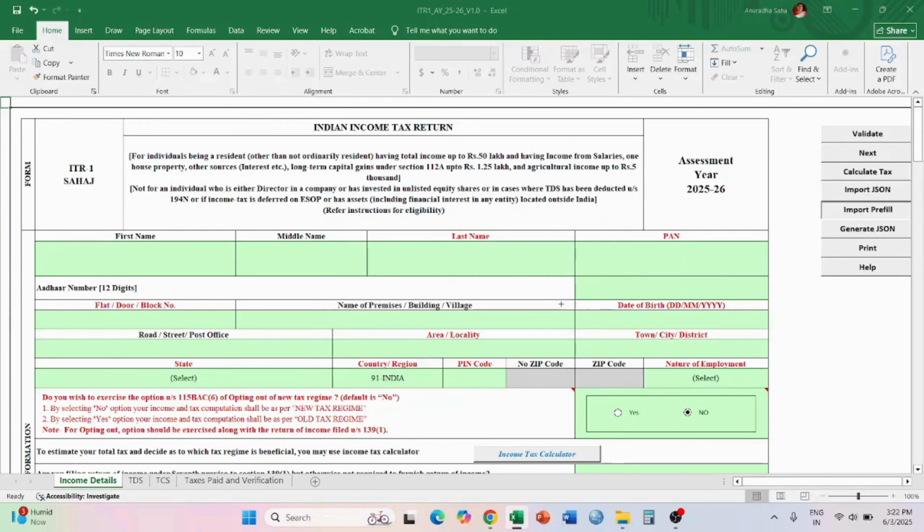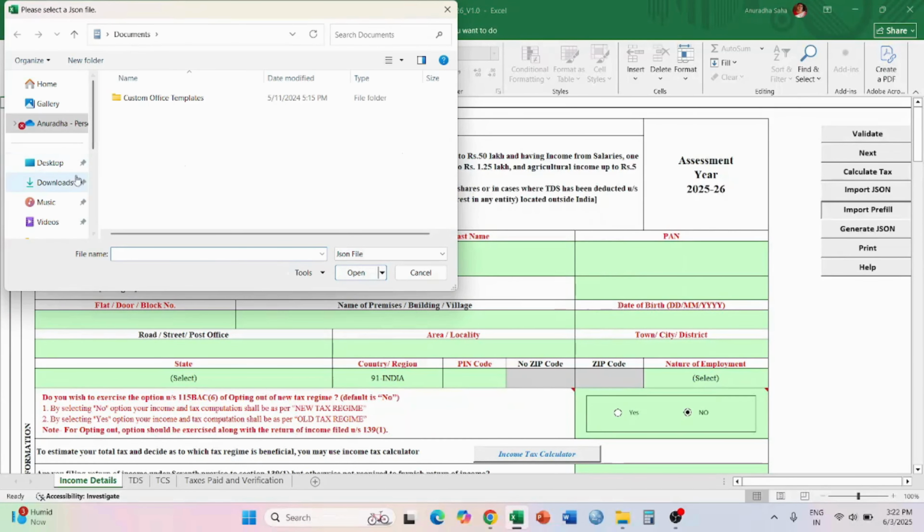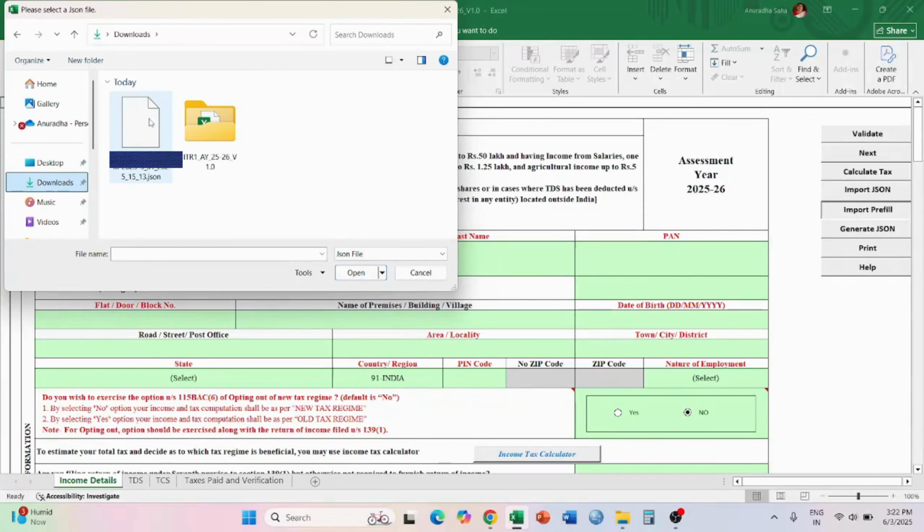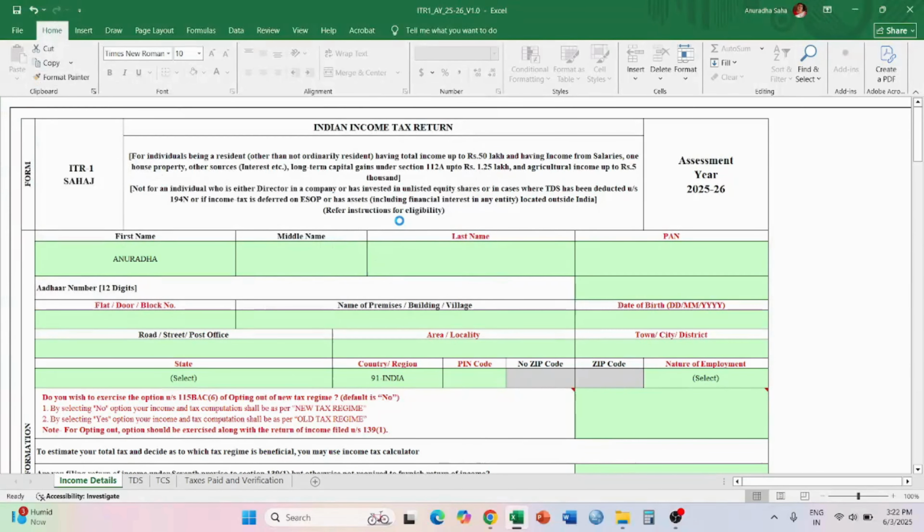So I have clicked on OK. It opens this page. I again go to downloads and the JSON file, see over here it's written .json. This is the JSON file that has downloaded when I clicked on prefilled. So here I click on OK.